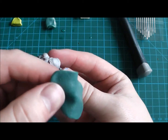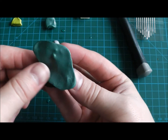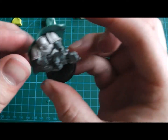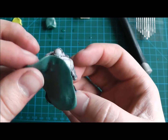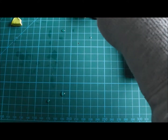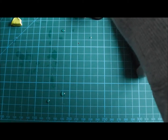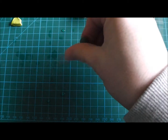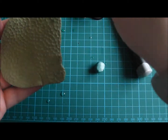So we've got that there. That's probably going to be enough for what I want. So measured that up, dunk it back in the water, keep it nice and fresh, back into a little ball. Now the next part is